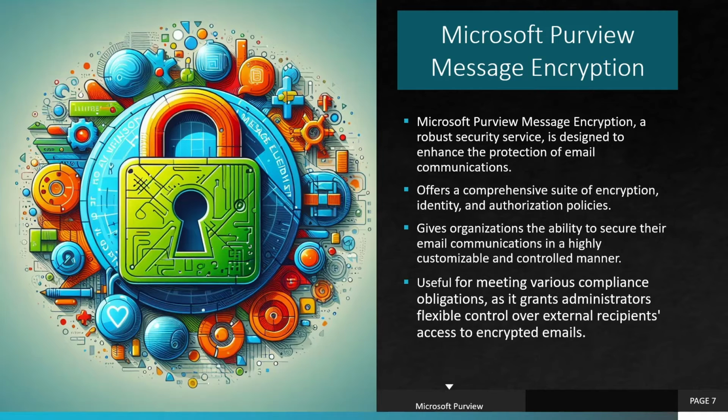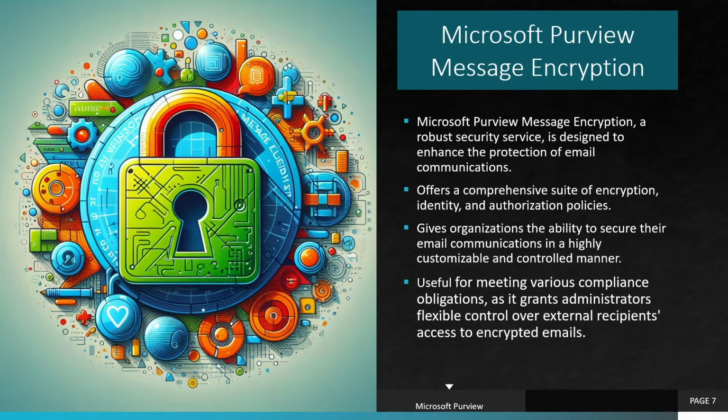And Microsoft Purview Advanced Message Encryption, of course, is also a feature within Microsoft 365 that offers organizations the ability to secure their email communications in a highly customizable and corrective manner, allowing for the creation of multiple branding templates, providing a tailored experience for recipients, and supporting a diverse organizational structure. It is particularly useful for meeting various compliance obligations because it grants administrators flexible control over external recipients' access to encrypted messages. Now, the encryption service works by enabling automatic policies that can detect sensitive information types such as personally